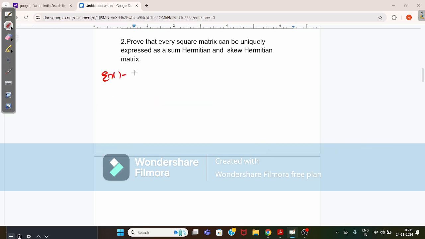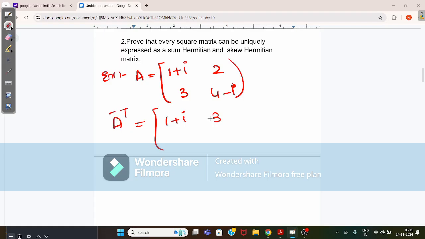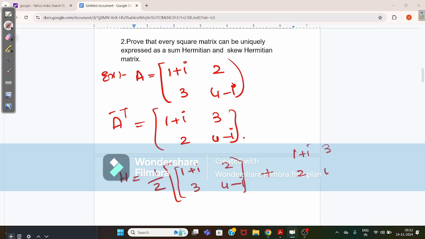Take an example. A is equal to the matrix with rows 1 plus i, 2 and 3, 4 minus i. Okay, now what is the conjugate transpose? It gives the matrix 1 plus i, 3 and 2, 4 minus i. So the Hermitian matrix can be written as half of A plus A transpose. So 1 plus i, 2, 3, 4 minus i plus 1 plus i, 3, 2, 4 minus i,